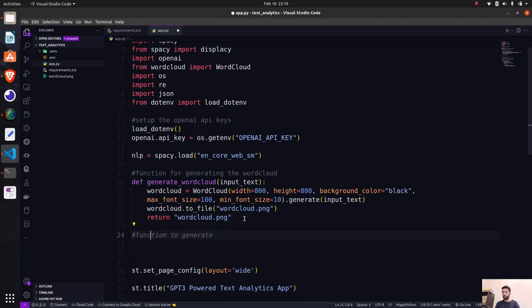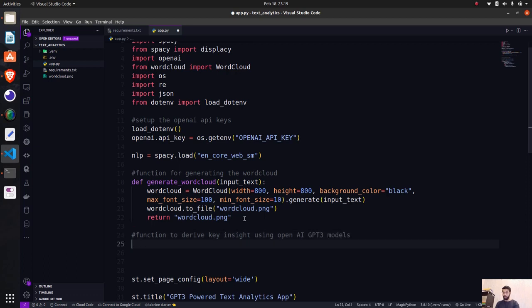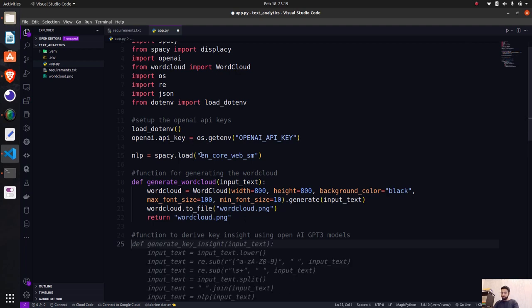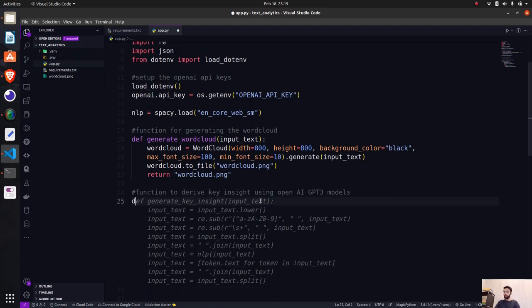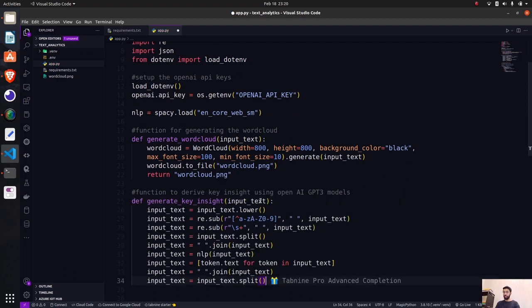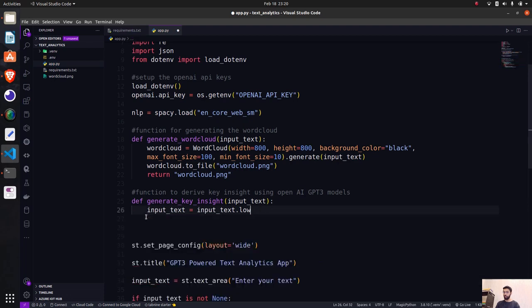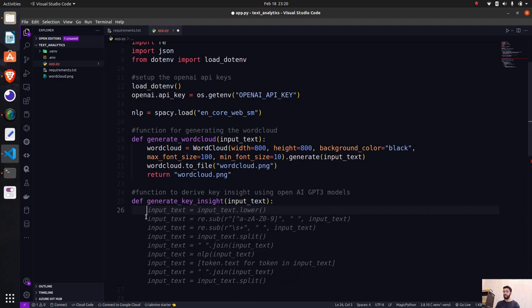We'll write the function to derive key insights using OpenAI GPT-3 APIs, GPT-3 models for now. Okay, so we have already used .env, where we set up our environment keys, the API keys, using this environment. Now we'll just write that. So let's call it def generate_key_insight. We do not need all those things that Tabnine is showing me, this regex and all. We don't need it. So we'll have an input text, and here what we're going to do, guys,